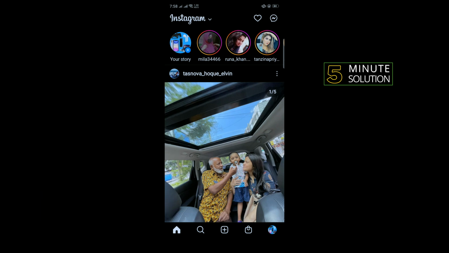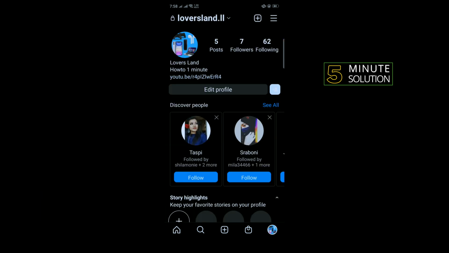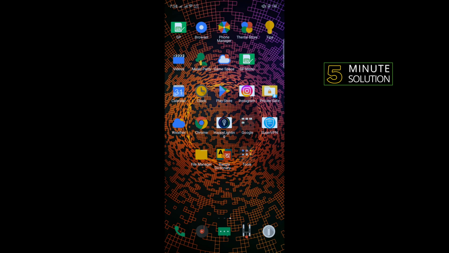So first of all, open your Instagram app and open your profile, and here you'll get your profile name. So all you have to do is just note your profile name, and after that open a browser